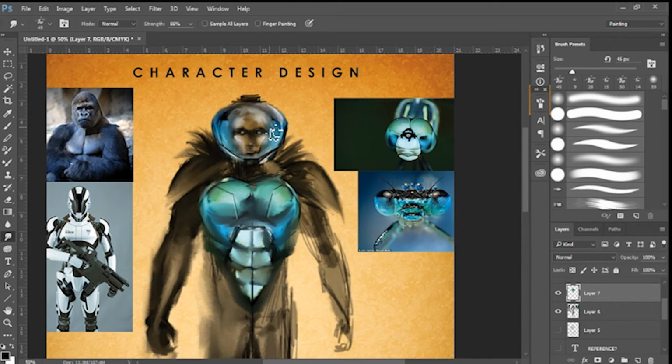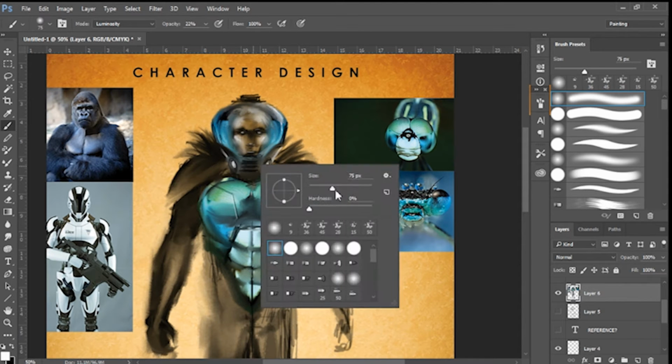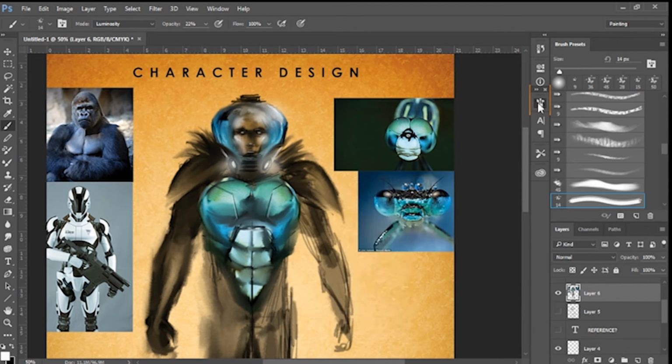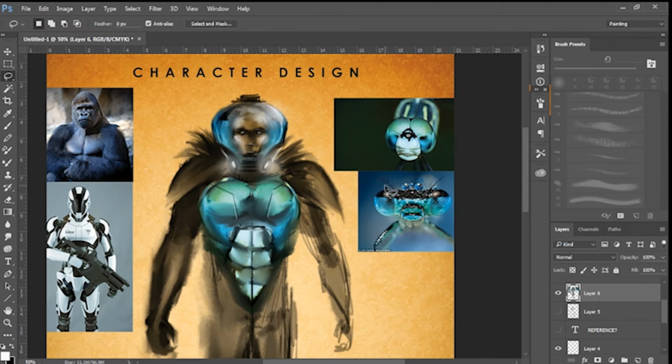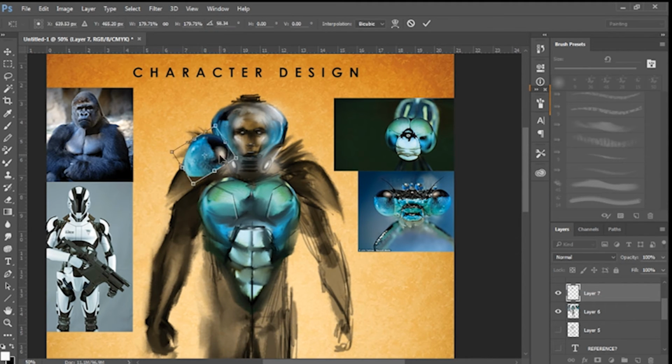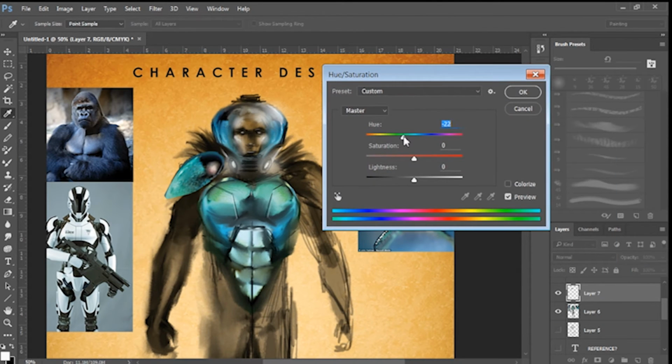One of the things I've found, and I think I was watching one of Feng Zhu's tutorials, talks a little bit about this, about boredom. You've got to watch out for that when you're working on digital drawings. It's quite easy to get bored when you've been working on something for a long time, and a way of dealing with that is to move on to something else. He has one drawing and he'll literally move on to another drawing. I'm not necessarily doing that here, but I'm flitting between elements of the drawing,